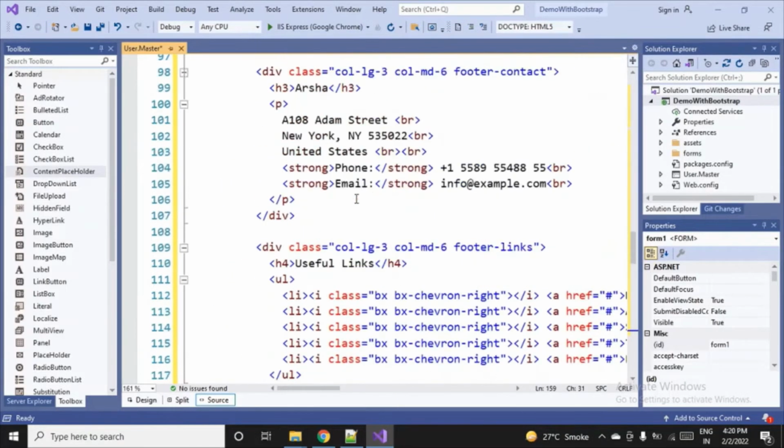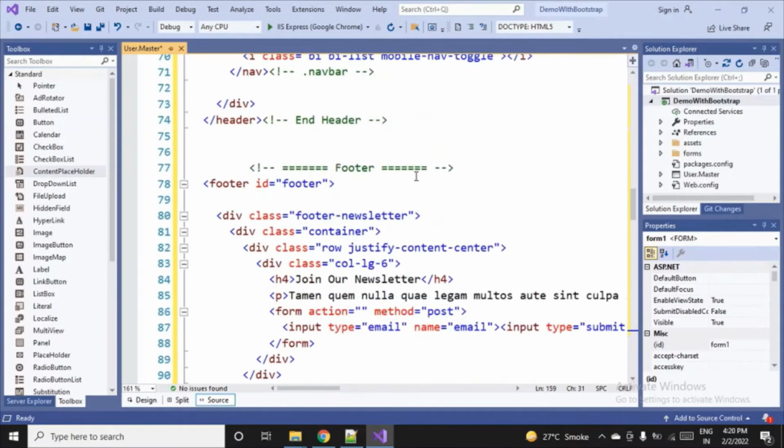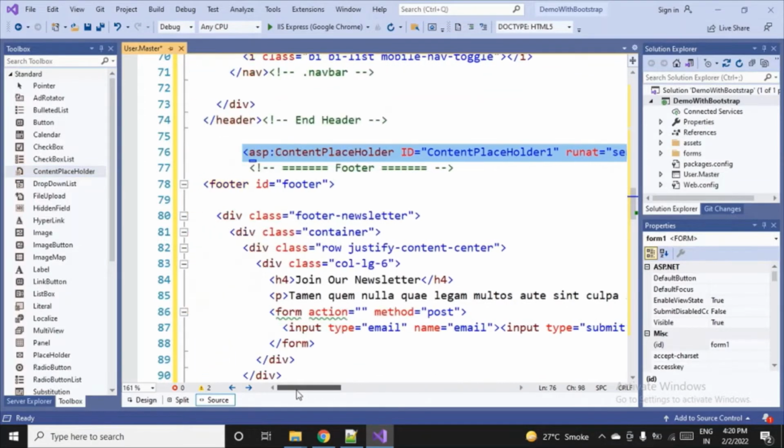And as you all remember, if you have seen my previous video where I have done the same thing with a basic HTML template, between header and footer we have to put one more control to give permission to all the child pages to put their own content, based on that page name. So we have to drag and drop an ASP content placeholder. That's a way of saying that the master page is allowing all the child pages to put content between header and footer. Header and footer will remain constant, nothing will get changed, and whatever content you want to place in between, you can do that.